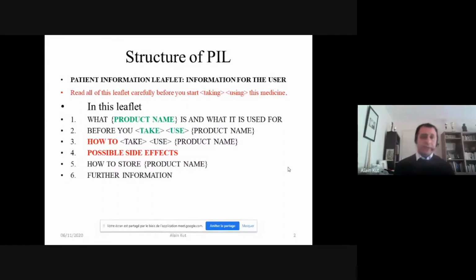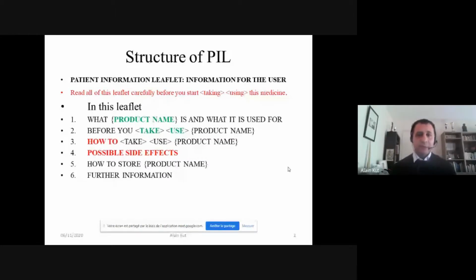The summary of product characteristics is part of module 1 of the common technical document, which is the administrative module that contains the document information such as SMPC, PIL, and RMP, for instance,